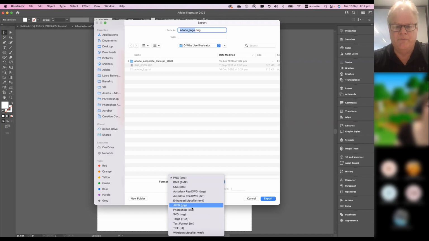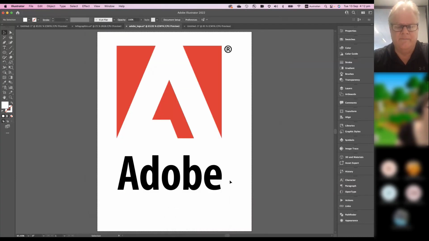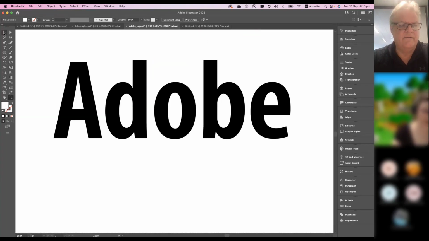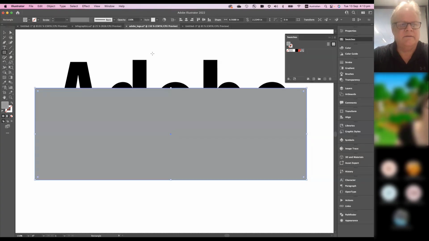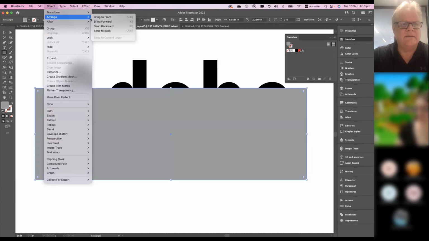Probably the most appropriate for a logo like this is actually PNG. It retains some level of transparency. So when I do have things like the O, and in fact all of these letters, have an area that is actually cut through. So, if I did draw just a rectangle and fill it with some color, any old swatch like so, and arrange, send that to back,